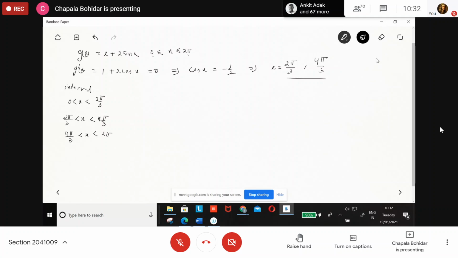Our intervals. Why are we not taking 0 included and 2 pi included? Always, you write down the value of x, and over that interval it is our open interval. Our domain is given here with less than or equal to. When you find out on that interval whether it is increasing or decreasing, at this point it is increasing or decreasing, that's why I'm writing the strict less than.